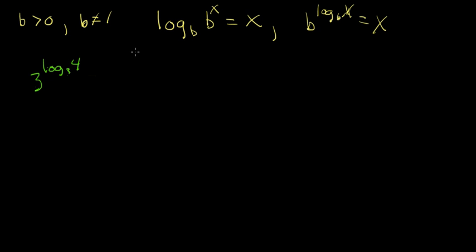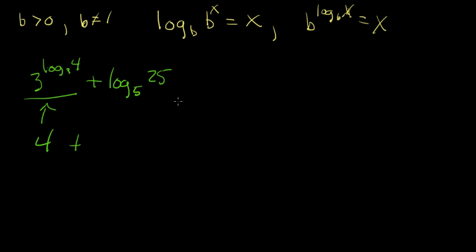I'm going to add plus log base 5 of 25. Well, 3 to the log base 3 of 4 is 4, because of this rule right here. If you have log base b of x and you take b to that power, you've got an x. Okay, so 4. What's the log base 5 of